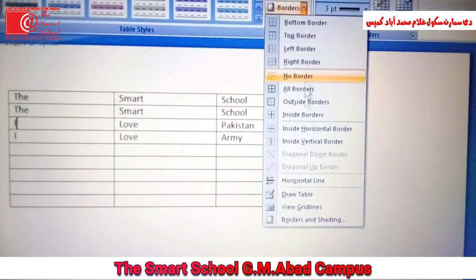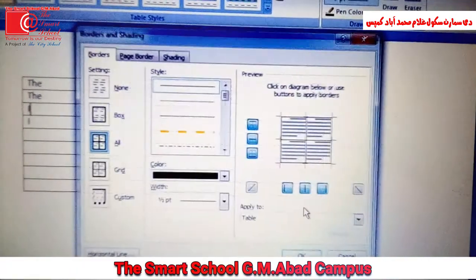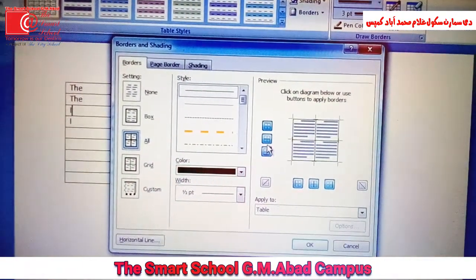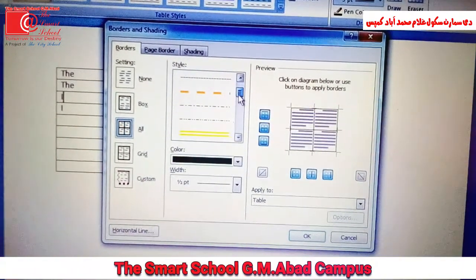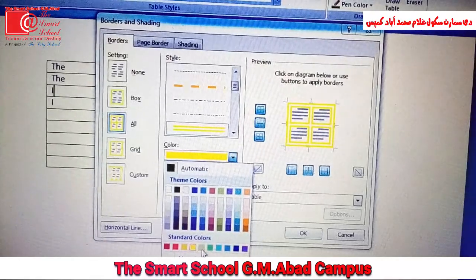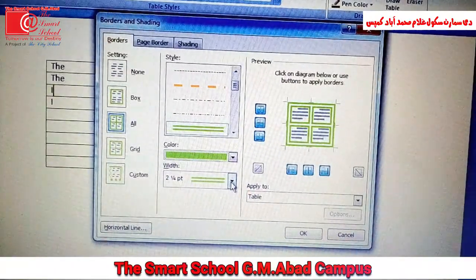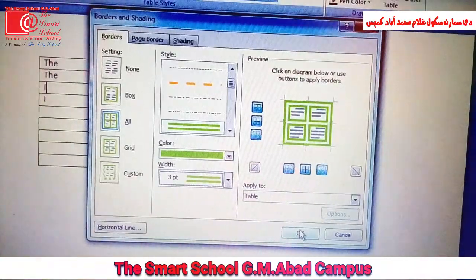A list appears. Choose Borders and Shading. Borders and Shading dialog box will appear. Choose style, color and width of the border and click on OK button.